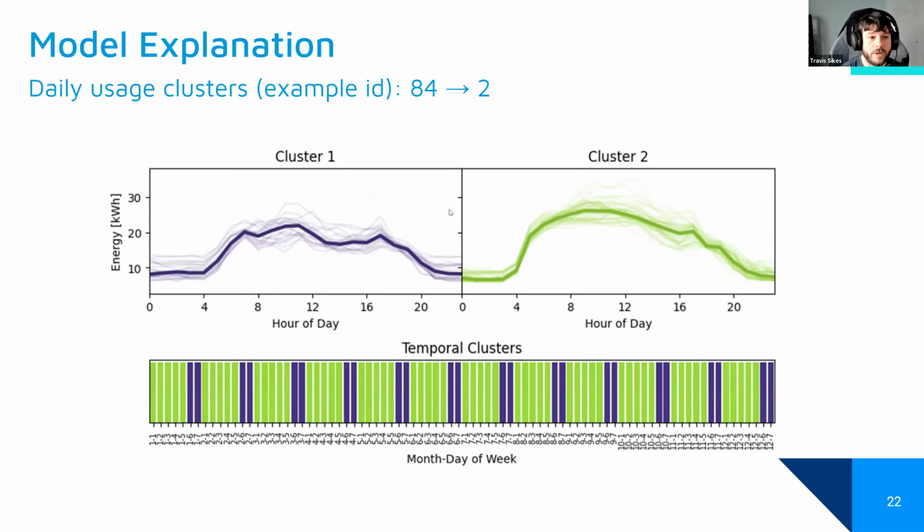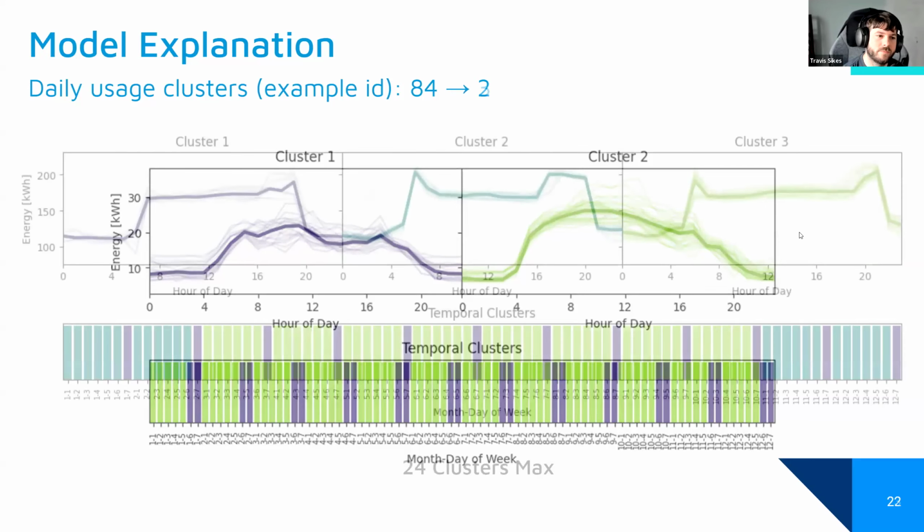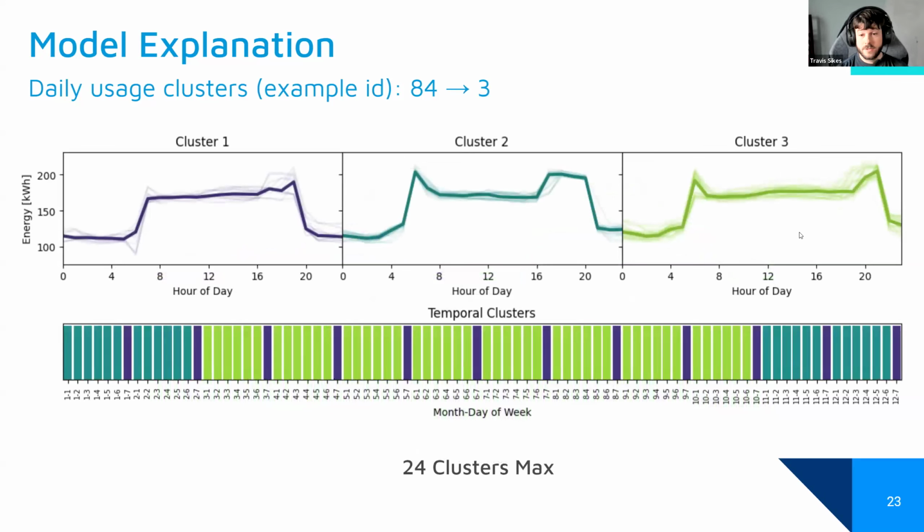So far, I've only shown examples with 2 clusters. This is not the maximum that we can do. It's far from it. Here's another example with 3 clusters. In this one, Sundays are different. Each Sunday is here in purple. And then it looks like we have winters separate by themselves in cluster 2. And cluster 3 is showing more of the